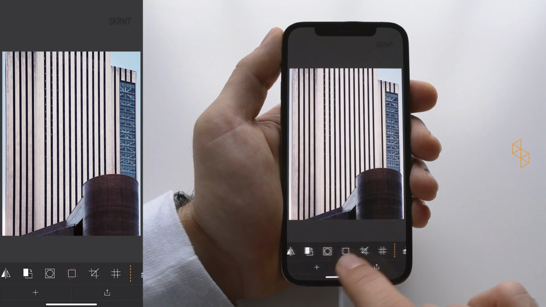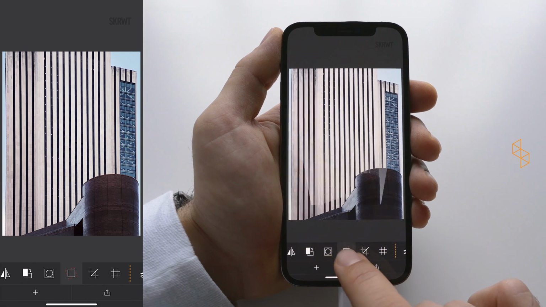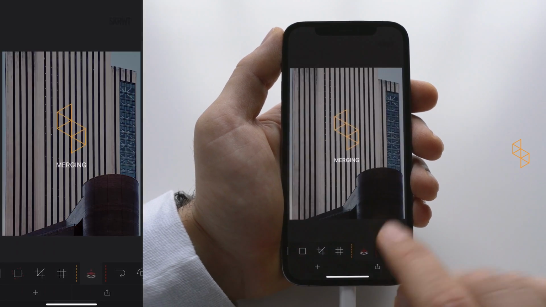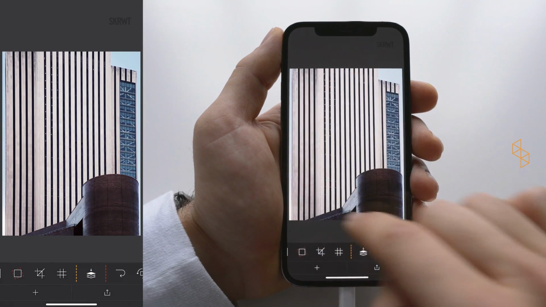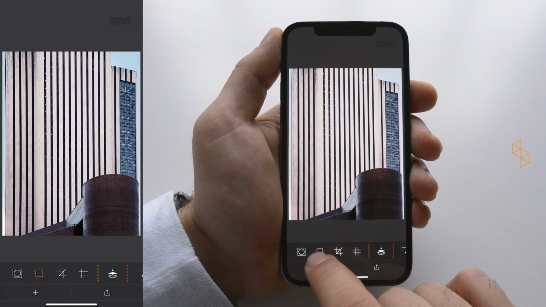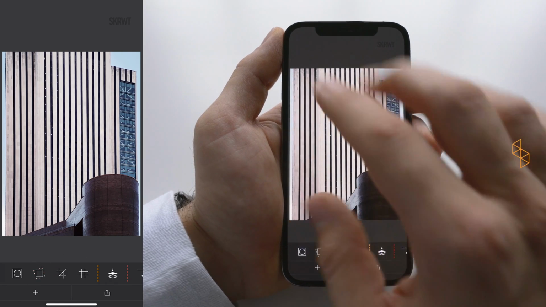Now pay attention, if I switch off auto cropping, this is what auto cropping does, it's cropping the image. If I now push merge, it's flattening the image. So this is now my new image. If I now switch off auto cropping, you see nothing is happening because